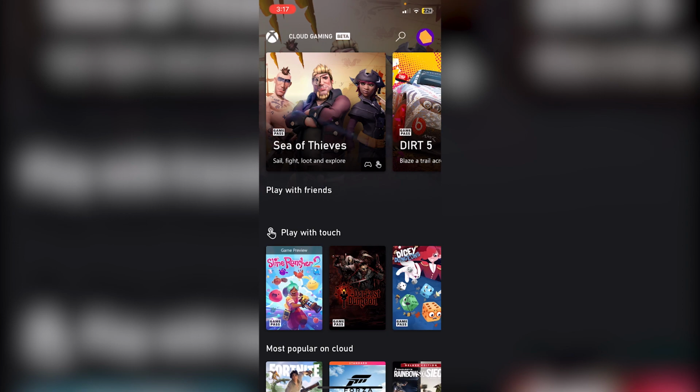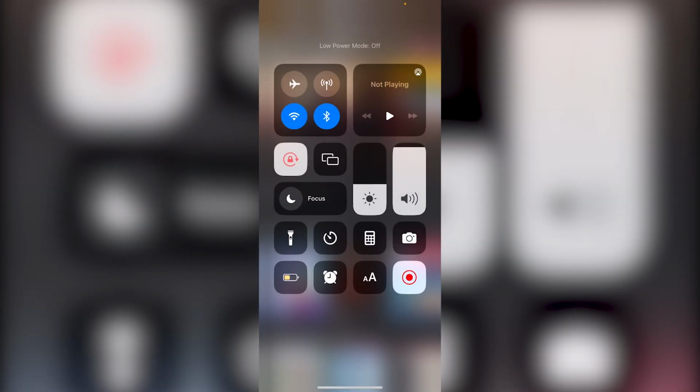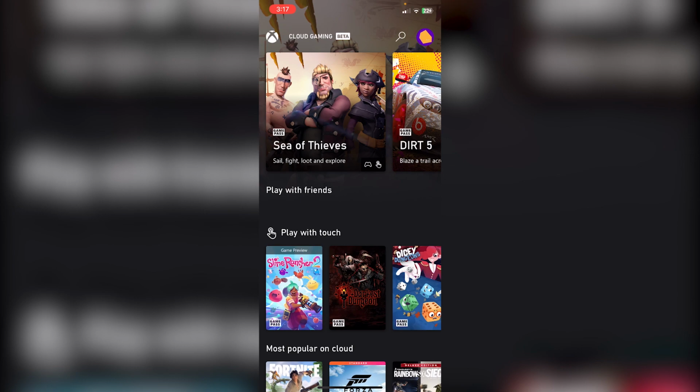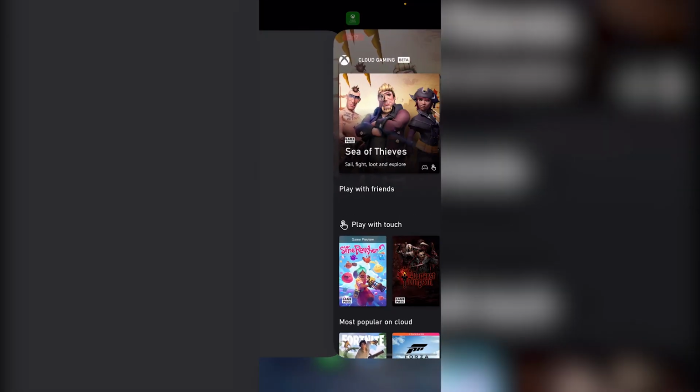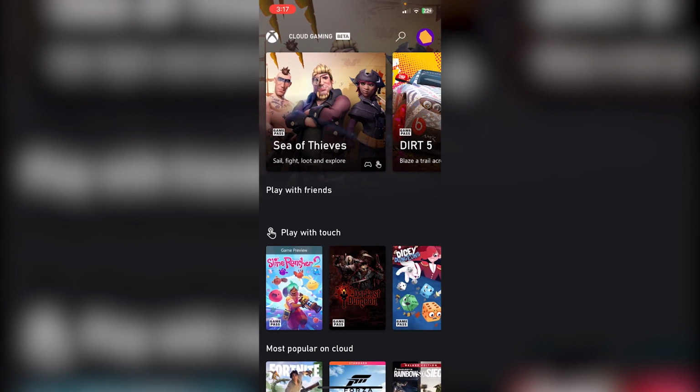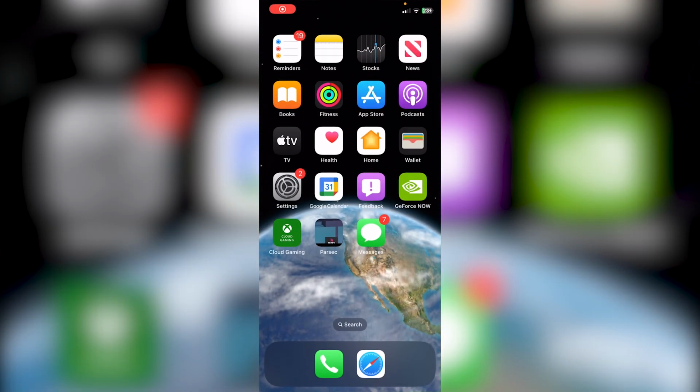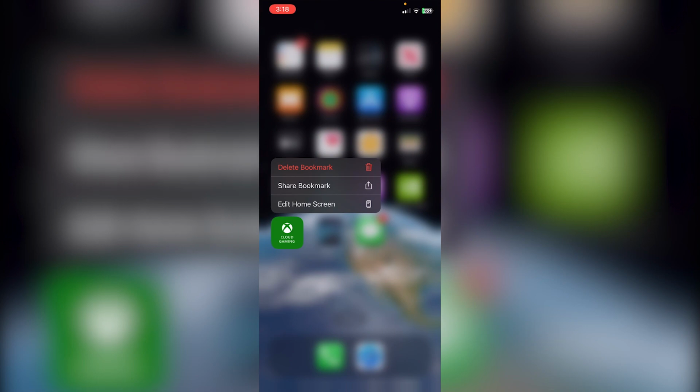xCloud recommends you set your device to best performance, so the way you can do this on an iOS device is to turn off low power mode so nothing is interfering and affecting the performance. Additionally, make sure you clear all unnecessary applications as well, as they can consume system resources and affect performance and network. You can also delete the xCloud gaming bookmark here,